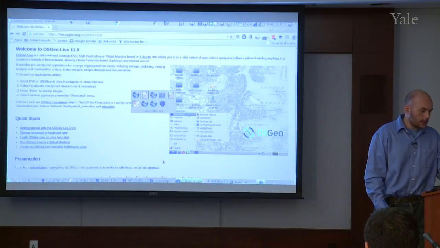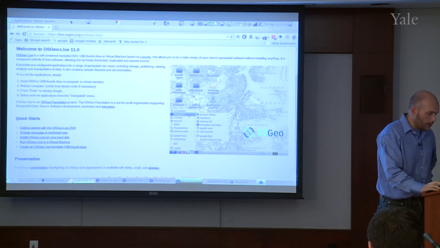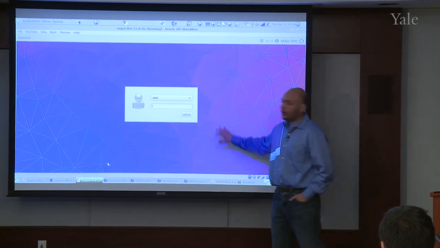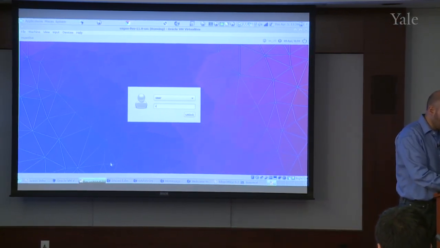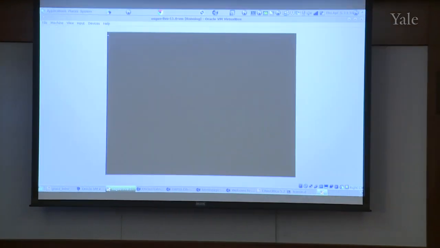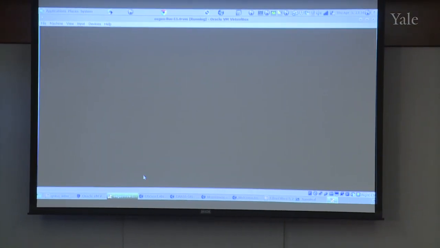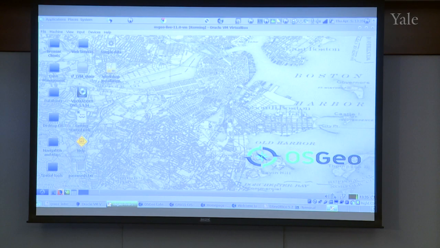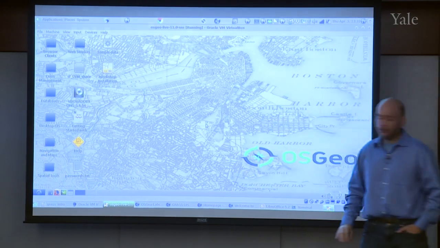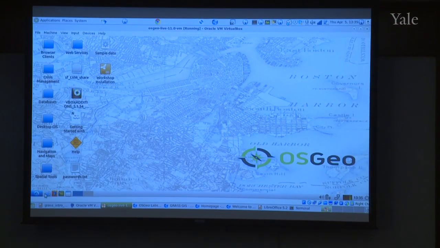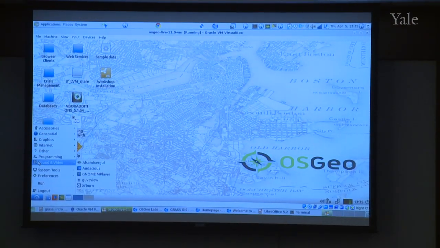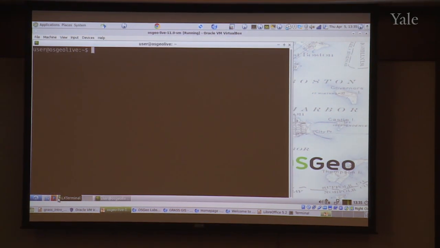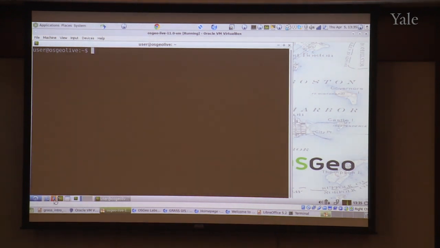So let's start the virtual machine. Probably you have already got it going. If you have, it is going to be locked. The password for the virtual machine is user. Sometimes you have to type it twice, like now. Okay. So over here you have all the different software, as we mentioned, that you can access from the control panel over here. And in particular, we are going to use our terminal. So click on the terminal, and we are going to open